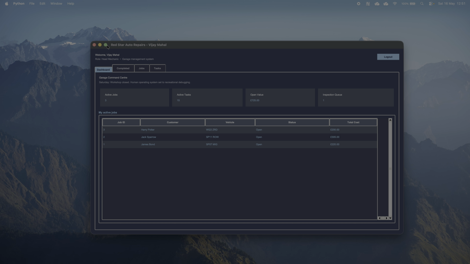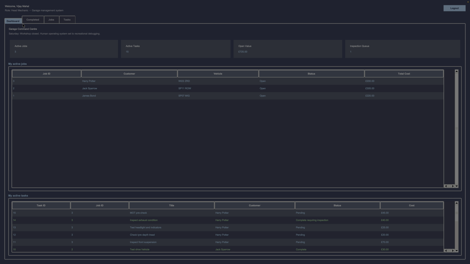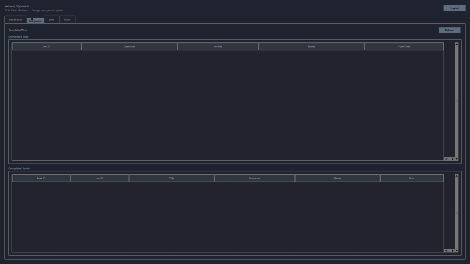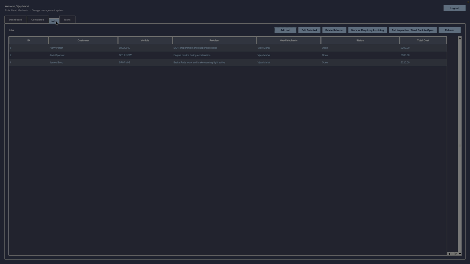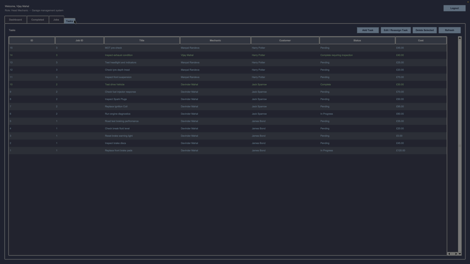So this is the head mechanic dashboard. As you can see, slightly different than the system admin, where you can just see dashboard with active jobs and active tasks, completed tasks, jobs, and tasks. The head mechanic can add a job, edit selected jobs, delete selected jobs, mark them as requiring invoicing, and fail or send back to open for the jobs. And he can edit, add tasks, and reassign tasks. I will also show you the